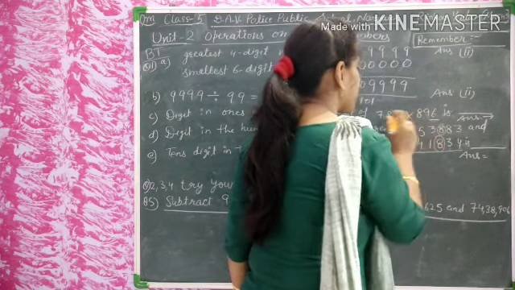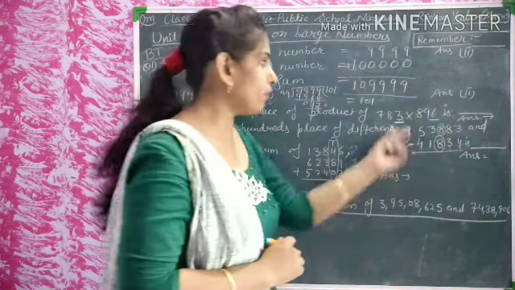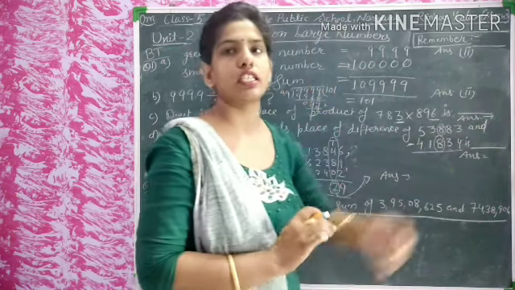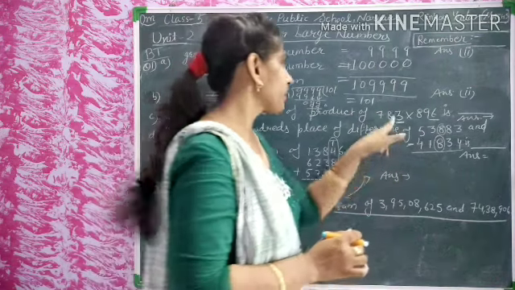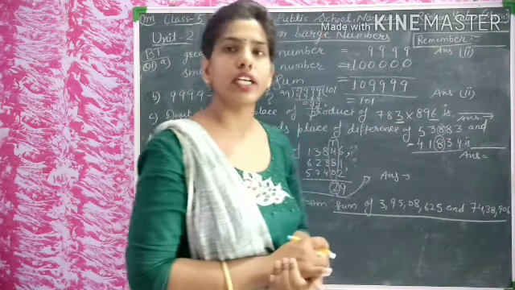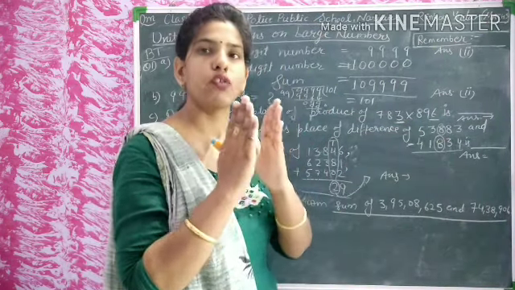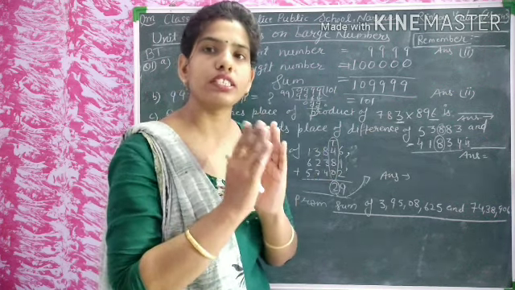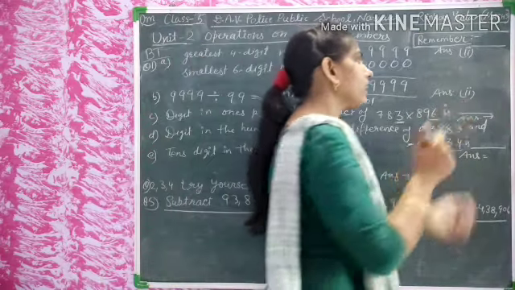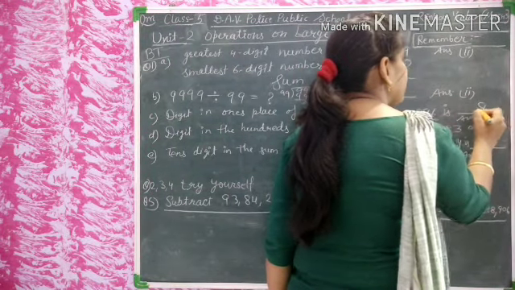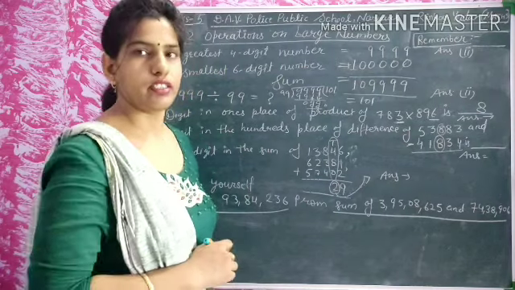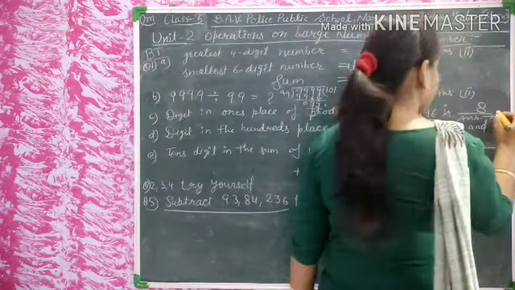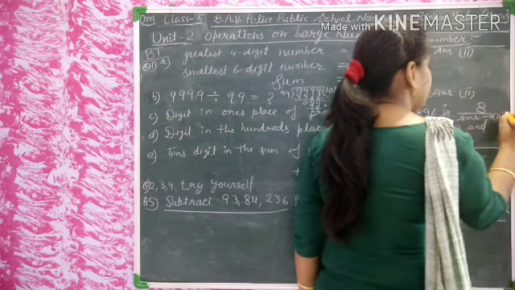This is 3, and this is 6. If we multiply both the numbers, then in the answer we will get that number at the ones place. So 3 sixes are 18. It means 8 is at the ones place and 1 is at the tens place. But we have taken only the ones place digit. So in the answer, the ones place digit is 8. Okay students? Now its answer 8 is the third option. Option third is the answer.